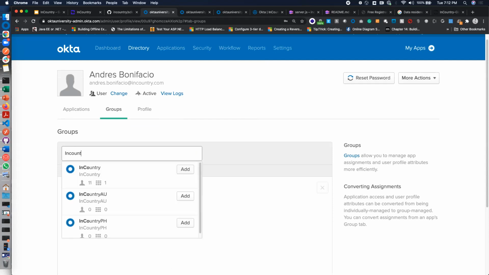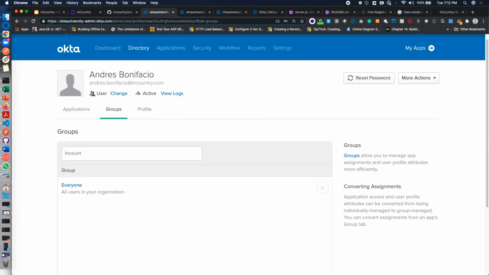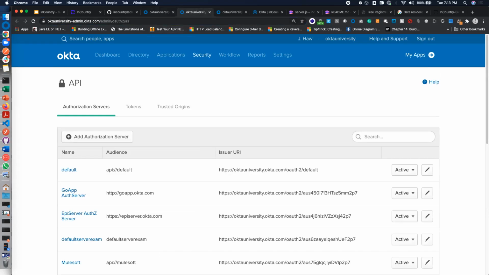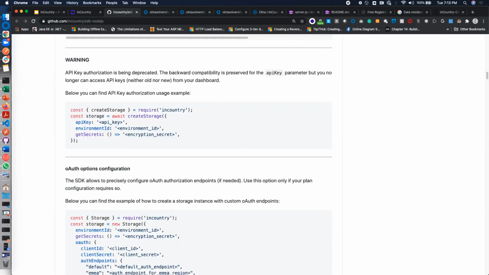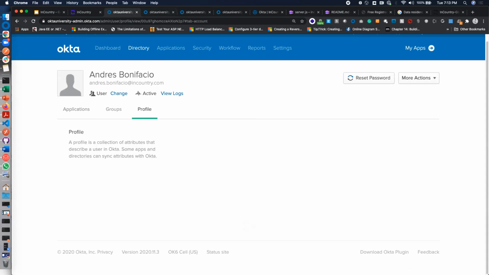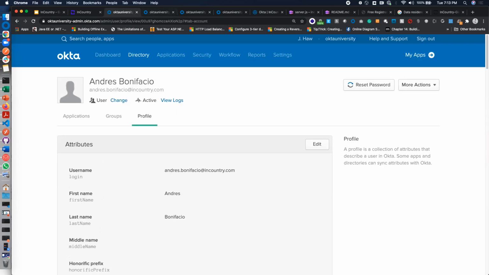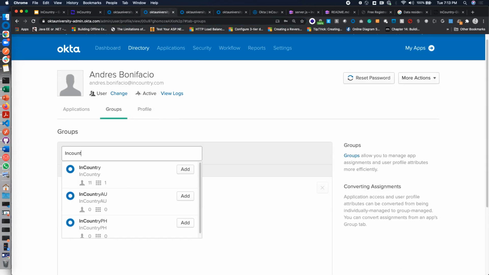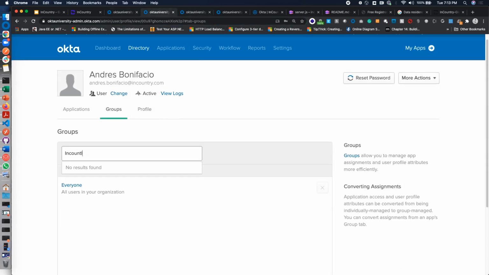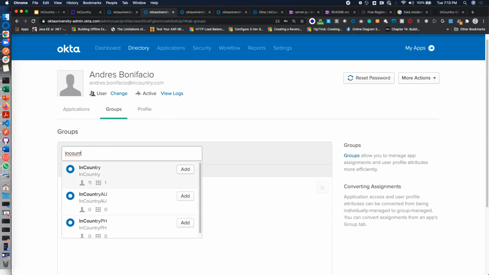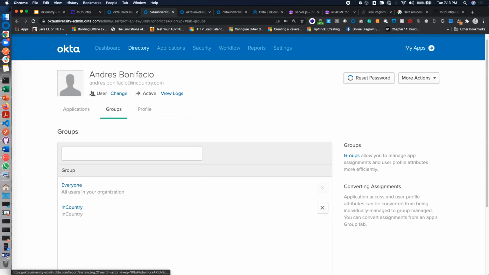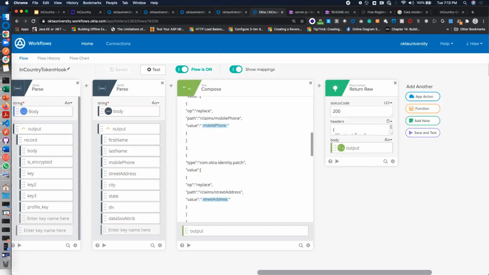So look closely at what will happen, by the way. So before I do that, I want to view Andres's profile. So everything's still not garbled. Before then, I'm gonna add Andres now to the in-country group. So what will happen if I add Andres in the in-country group? And if we go back to the workflows side of things,